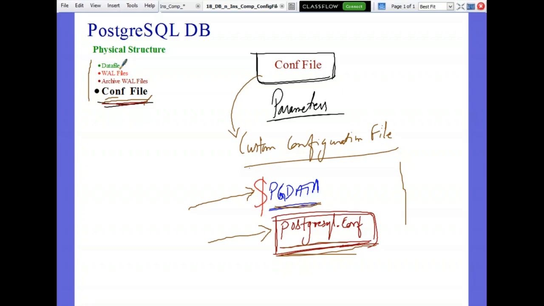It is present under the default location PGDATA, and the name is postgresql.conf. Initially, when we implement, we'll go for everything default configuration. As we progress, we'll also start customizing and using specific parameters or specific features. So this is about some of the important components of your database